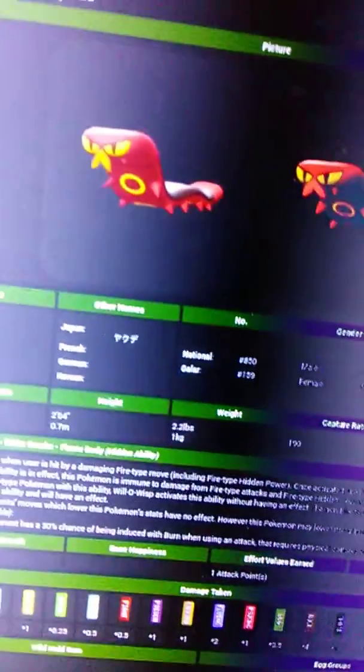Next we have Sizzlipede. And Sizzlipede is basically, I want to say it's a millipede as opposed to a centipede, but I don't know. It could basically be either. And it is a fire bug type. Let me get a close up of that. Yeah, fire bug. And it evolves into something that looks truly amazing. And I personally really like this one. Grant, I don't remember where you get it or anything like that. I think that one was a trade. I'm not sure. Anyways,